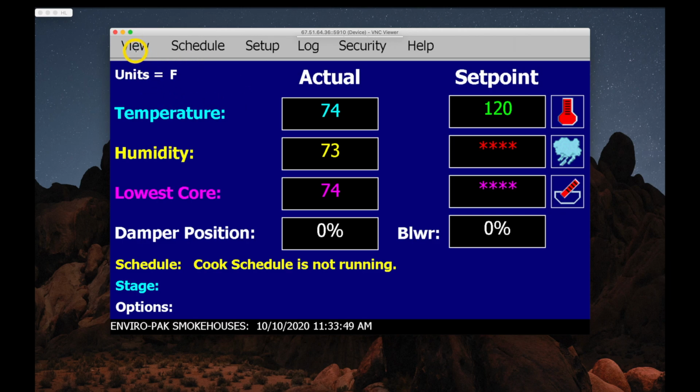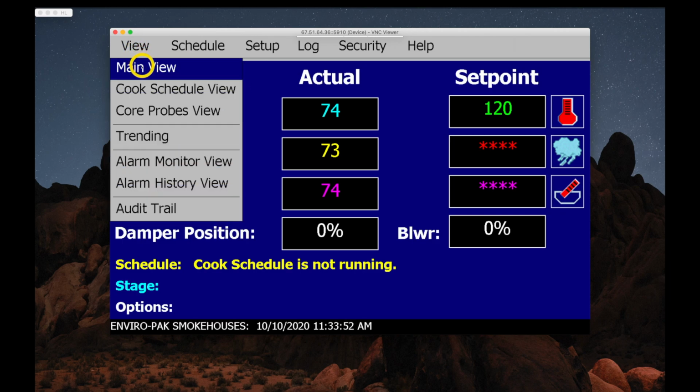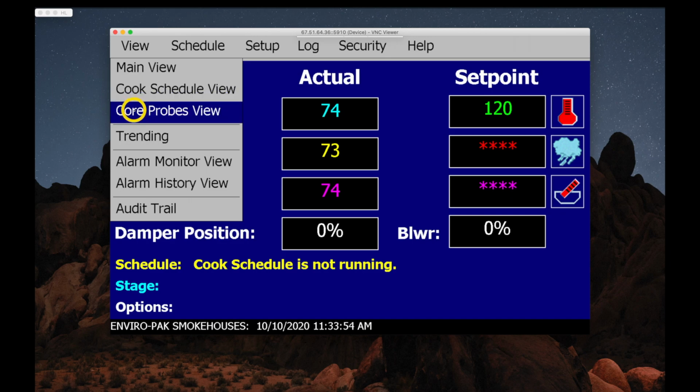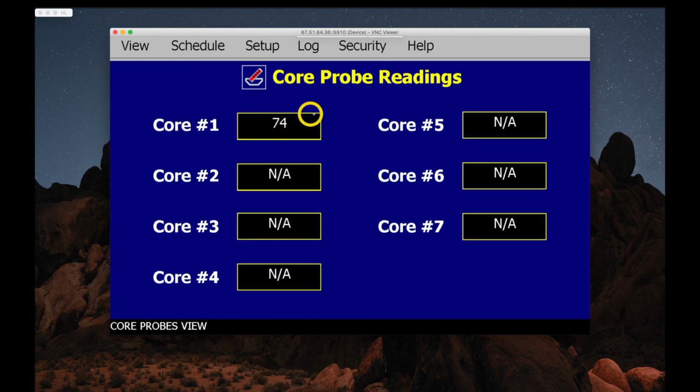So back at the main view, if we go back to view here, we can look at the core probes. So the core probes relate to the actual sensor that you can insert into your product and take a live temperature reading. Now you can see that we have a value up here on core probe number 1, and yet on core probes number 2 through 7 we have not available,